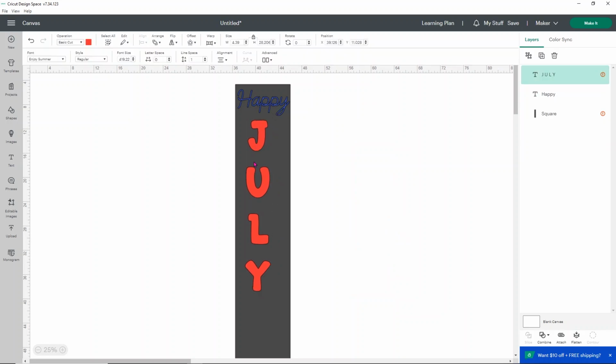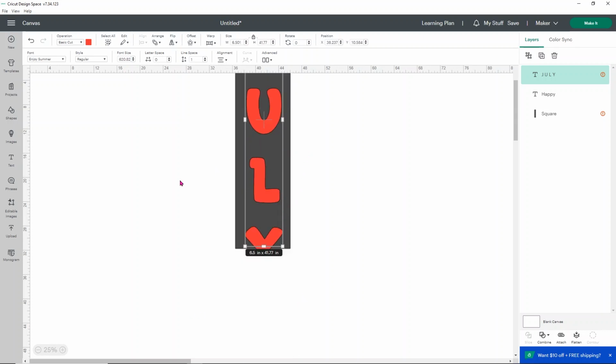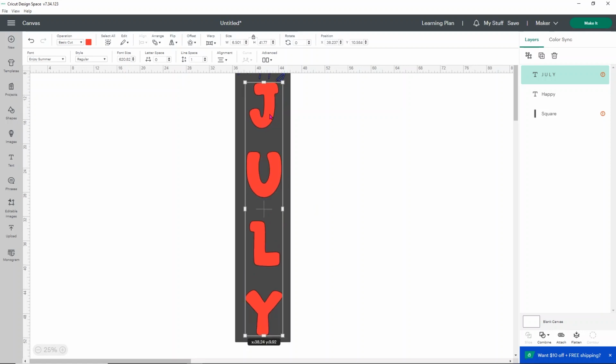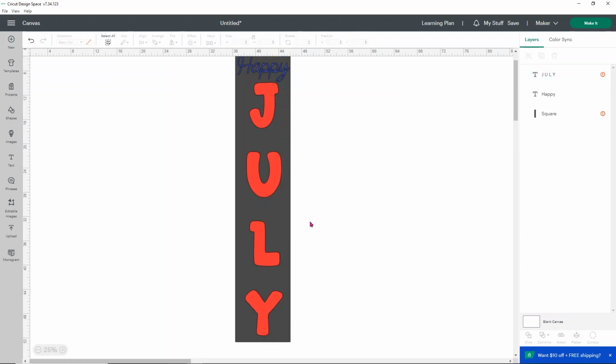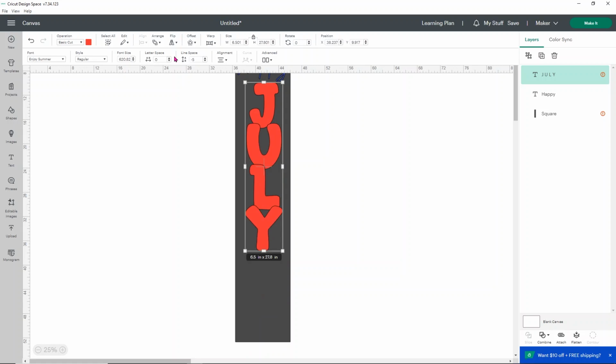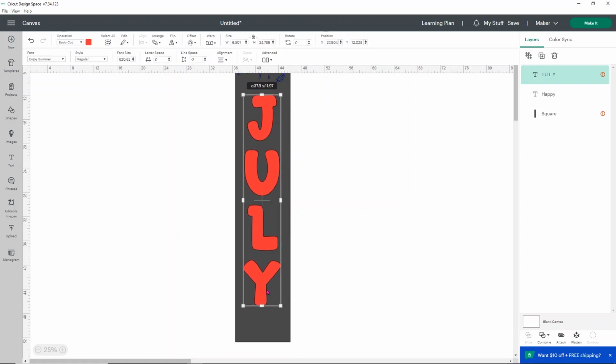So now what I want to do, I'm going to go ahead and expand these a bit, just so I can get a better idea of how big I can make them. I can make them pretty big. So that's good. So I like that. I think that looks pretty cute. I might make these a little closer together, but like I said, I am going to change the colors of them, but this is just for our visualization. I'm going to try a -5 spacing, and that was way too much. So let's try a -2 spacing. That's better. Okay, we'll do a -2 spacing